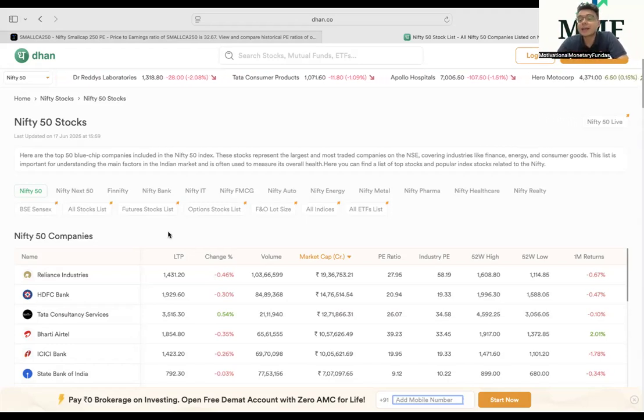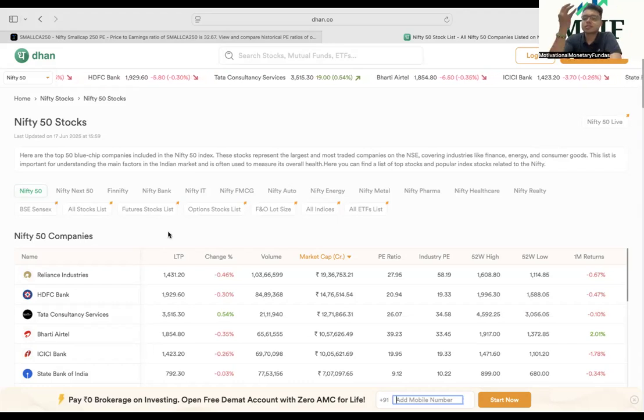But in case of these cyclical industries like capital goods, or renewable energy themes, or defense companies, right? The logic is buy always at a high P and sell always at a low P. The logic interchanges. Buy always at a high P and sell always at a lower P. And why do we say that? The logic says that whenever you are buying those defense companies, right, at a low P, जब भी आप डिफेंस कंपनीज को एट अ लो पी बाय कर रहे हो, राइट, यू आर रॉन्ग.